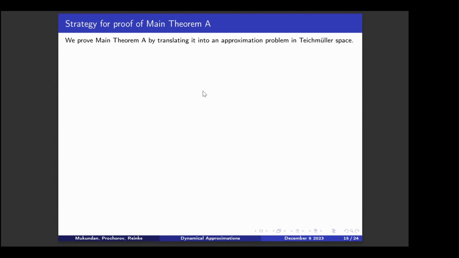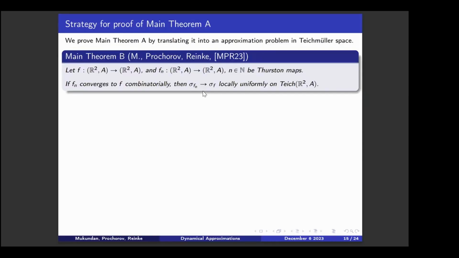Theorem A is basically that if you have a holomorphic PSF entire function f, there exists a sequence of holomorphic polynomials which are PCF and converge to f, and you have the correct dynamics on the post-singular set. Now we are going to translate that into an approximation problem in diagonal space. So basically, I'm going to show,